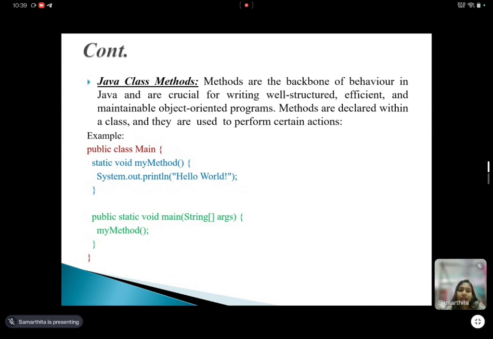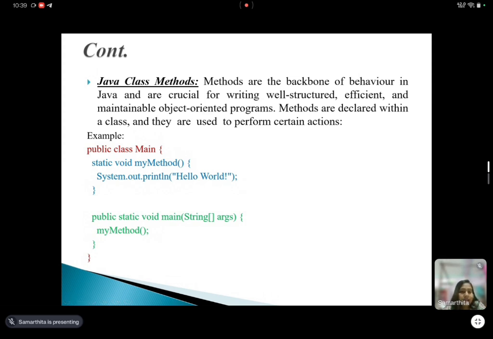Methods are declared within a class, and they are used to perform certain actions. Already I have shown you how to call a method in the car class. So see, here is the basic syntax of how to create or call a method.